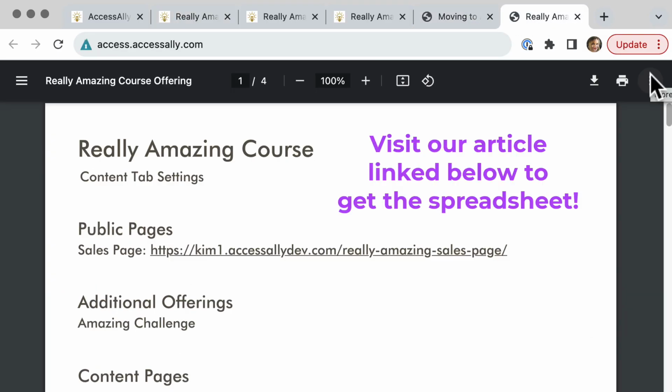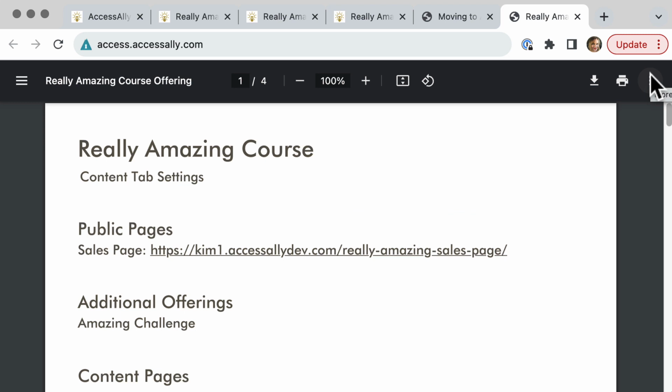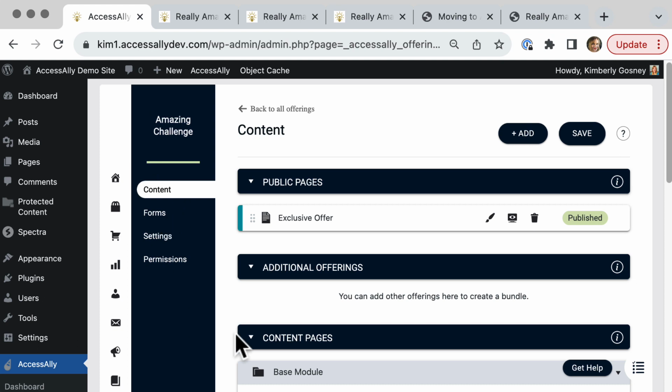What I've done is I've created a cheat sheet of everything that's inside my course. And what I did was I thought about this in terms of how offerings work in AccessAlly. So for this part, if you haven't used offerings yet, it's a great idea to do a review, and I'll show you all the parts. So what I did was inside this challenge, I used this as the guide for moving everything in my course